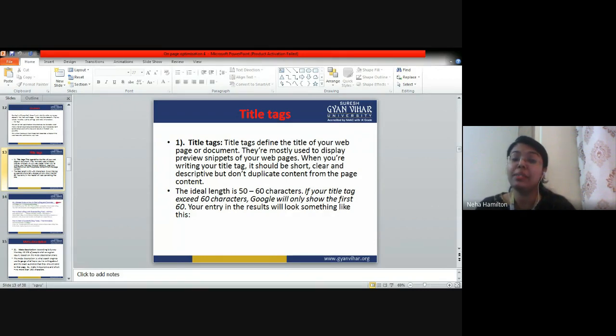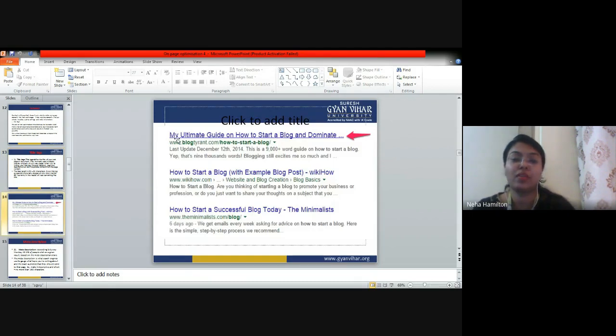If it is not completely visible, users are not able to read it on the first page. The first impression doesn't go well. The user doesn't get full information about the page, and this is how your page looks, right? So as you can see, in the first result, the dot dot dot is coming because they are not following the title tag rules. They are not writing the correct title tag.